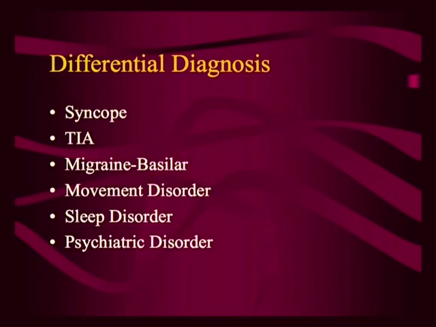If somebody has a seizure, obviously history is important, but if somebody finds somebody passed out or having some symptoms of numbness and tingling, we may think it's a sensory seizure, but we have to make sure we are not missing other diagnoses. For example, syncope is just a passing out spell, which can happen from cardiac problems. The heart is not beating right, the blood is not going to the brain, and people pass out. TIAs, mini strokes, can cause numbness and tingling, like some sensory seizures can. Migraine headaches can cause numbness, tingling, a sensation on one side of the body with severe headache, blurred vision, double vision.